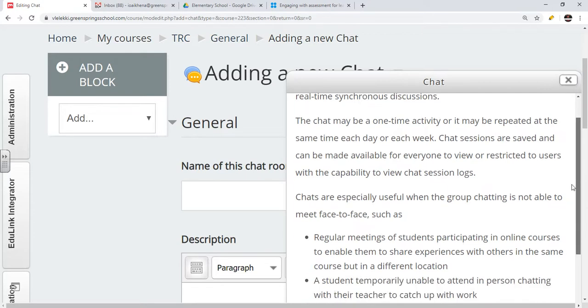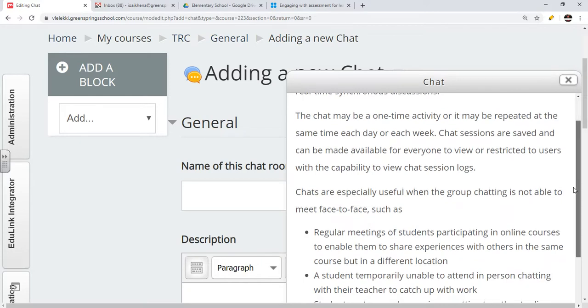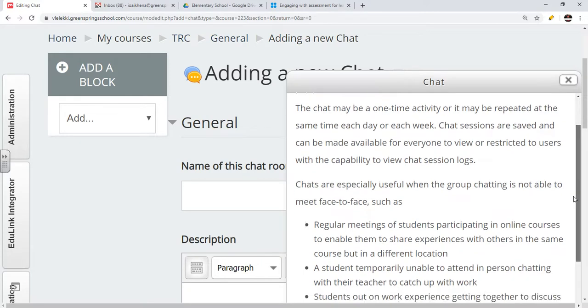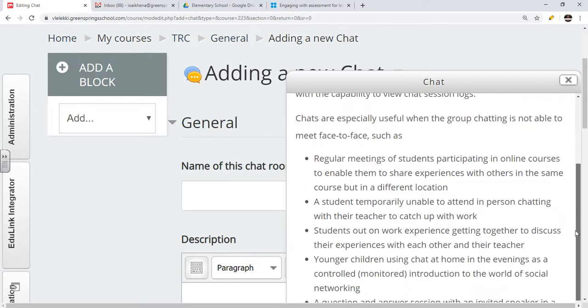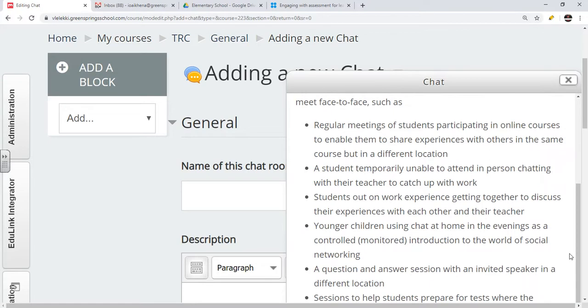Okay, it could be a one-off activity, or you could have it to repeat within certain days in a week, or within certain times in a week. Okay, so it's especially useful if you're not able to meet face-to-face. So if you're going to be having regular meetings with your students who are participating in your online course, you need to have a chat activity where they're able to communicate with you directly, okay, where they're also able to